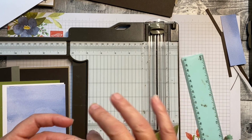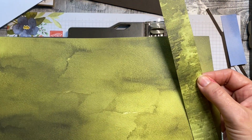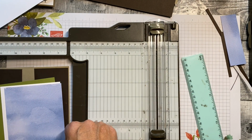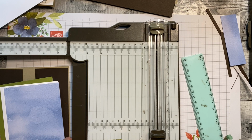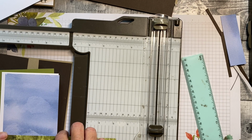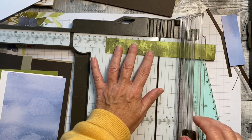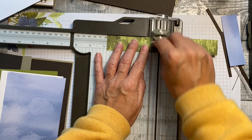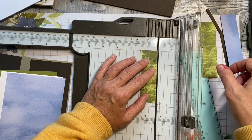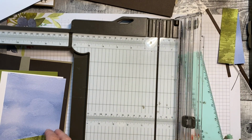And then if you find a piece of green, it doesn't matter, you can use this one, yeah. But I found this lovely scrap. This is going to be the grass, and it's quite nice because it's patterned, yeah. You could use some of your old olive that you've got left over, but I thought for this one I'd use some of the patterned paper. So again, I'm going to cut this to 9.5 in width. And the height wise, it's about 1.125 or 1.25 inches. This is for the grass. Okay. And then finally,